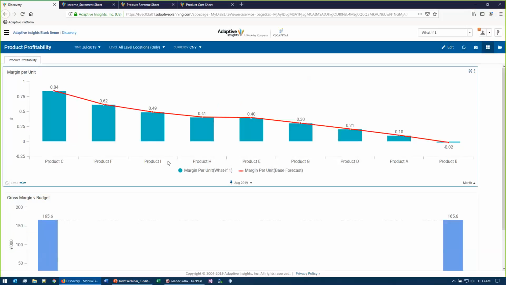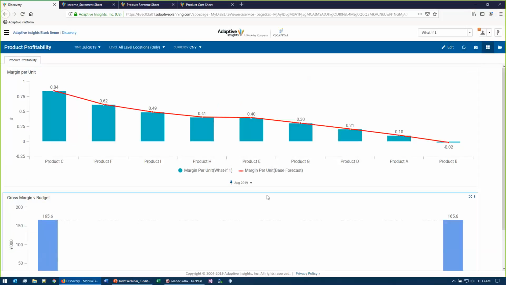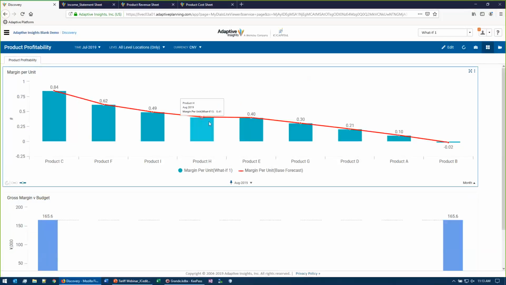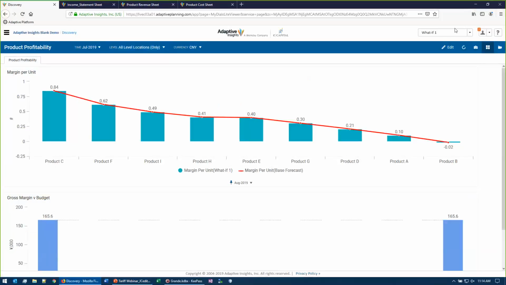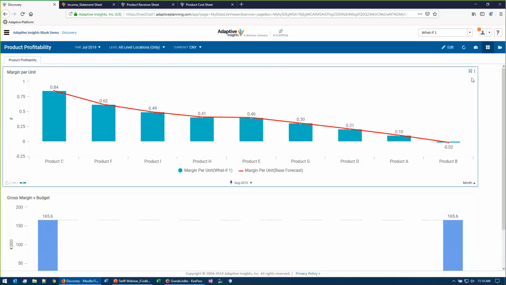Now I want to show you guys a demo of a tool called Adaptive Insights. It's an interconnected planning, analysis, reporting, and modeling tool. So you're able to model things like tariffs on your products and instantly see the reporting on it or the dashboard on it and drill in and do the analysis. So we're going to start by going into, we're already in a what-if scenario. So you can see we have this base forecast. I copied that into what if 1 so we can make some changes and see the impact and compare versus base forecast to see what changes because of tariffs.